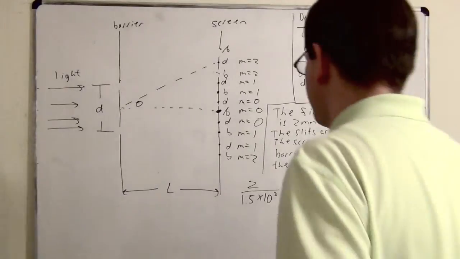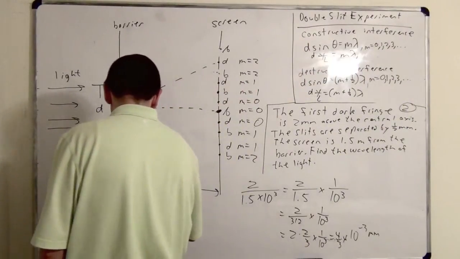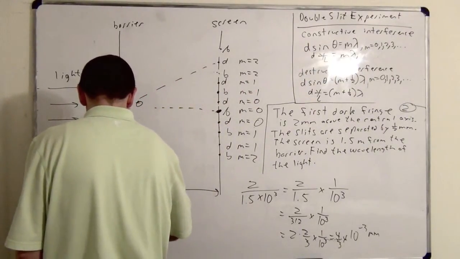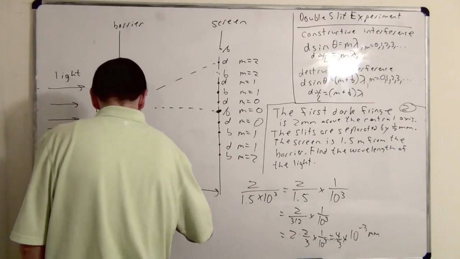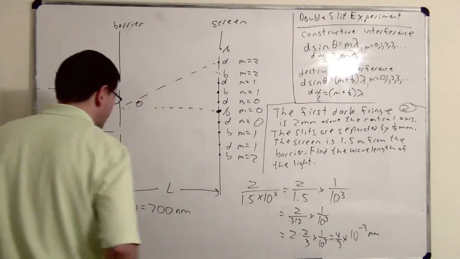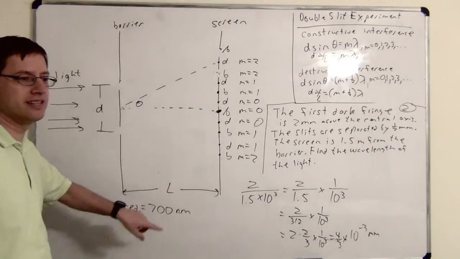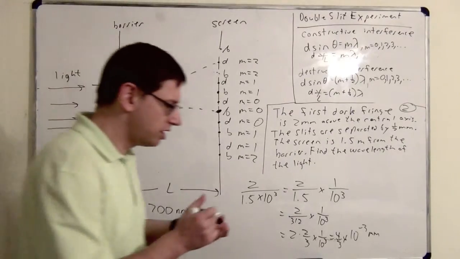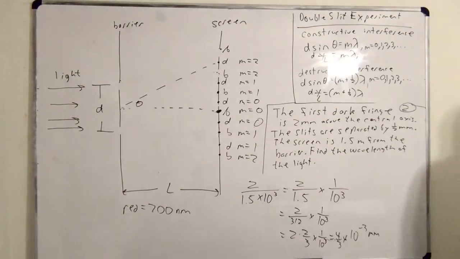What is the wavelength of red light? 700. What are the units on that? Nanometers. How do we know that? You can't look at red light and see the wavelength. This is way too small. How do we know that's the wavelength of red light? They use this experiment. Yeah. How could we use this experiment to find the wavelength of red light?